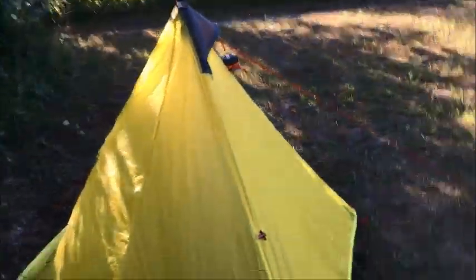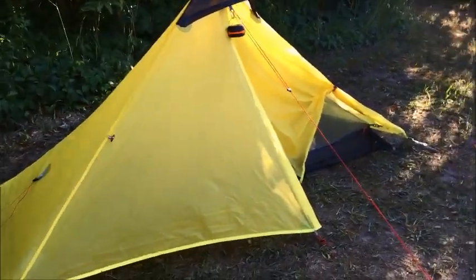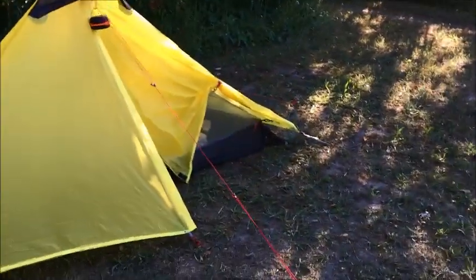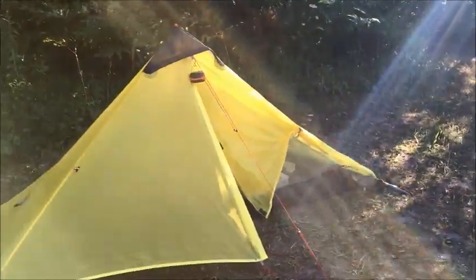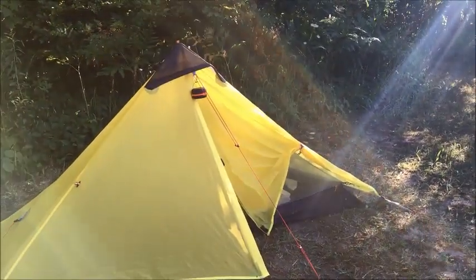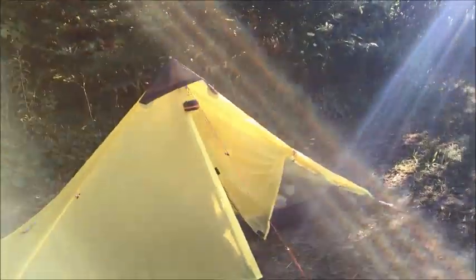So I got here quite a while ago actually. Set up on this site. This is my new tent, 3F UL Lanshan 1, but not really light enough. Really, it is very light, but man, that path kicked my butt. I really have got too much gear. I've got to start paring it down. I could feel every ounce of that hike. But anyway,